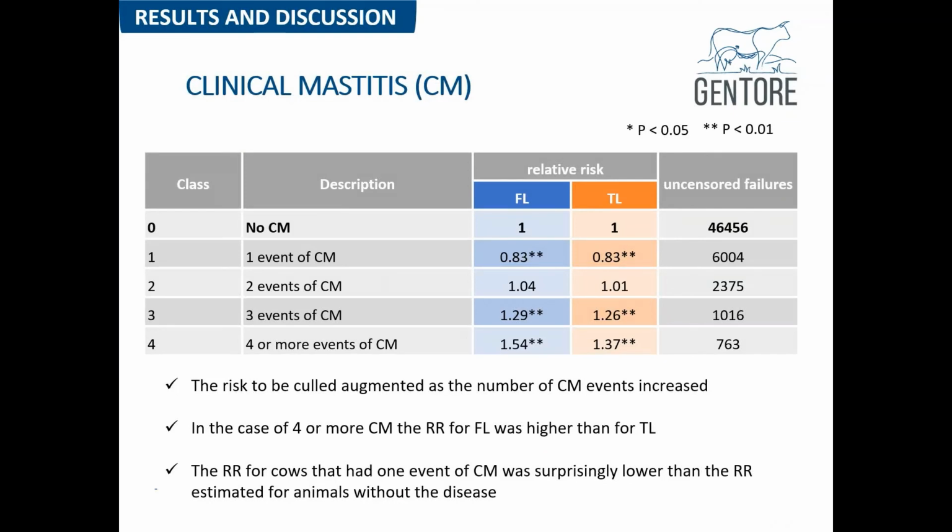And finally, I present the results for clinical mastitis. This trait was classified in 5 classes, and class 0, which included the animals without the disease, was chosen as the reference class. We can see that the risk of being culled increased as the number of clinical mastitis events increased. In the case of 4 or more mastitis, the relative risk for functional longevity was higher than for true longevity. It means that farmers prefer to keep in the herd highly productive cows, even if they have more